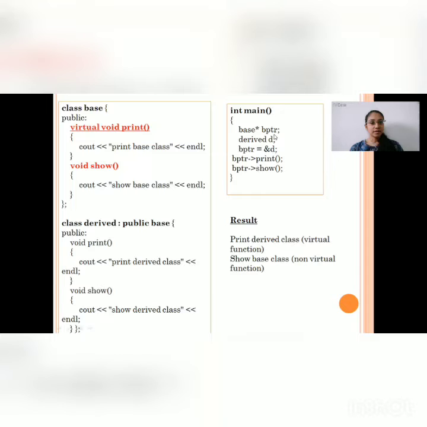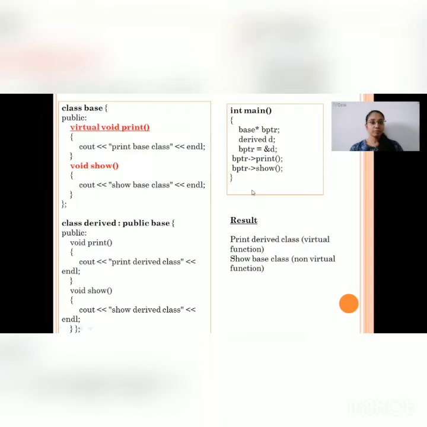BPTR is a pointer of base class, and this pointer is reference to the object of derived class, which is D. Now, when a function print is called using this pointer, then a function from derived class will be performed, because print is a virtual function.